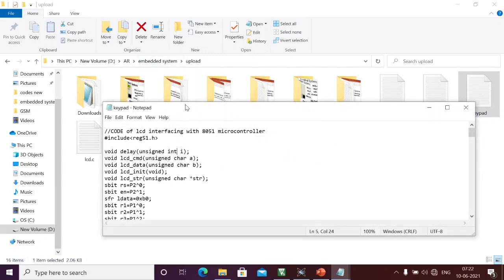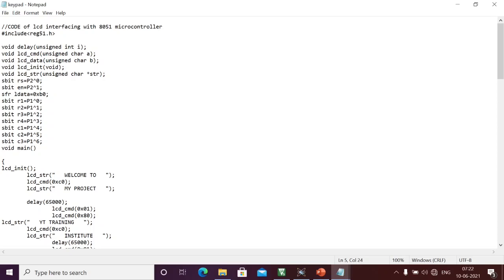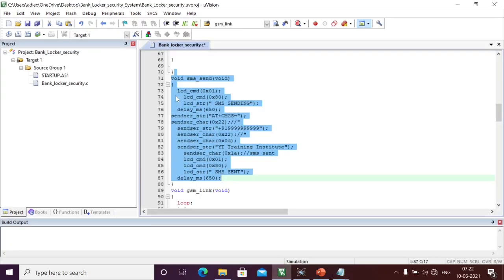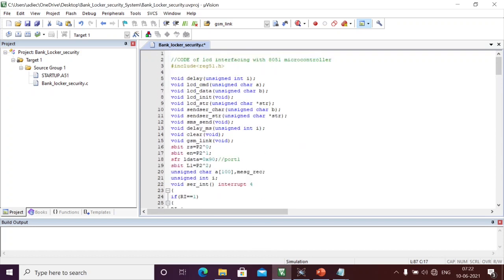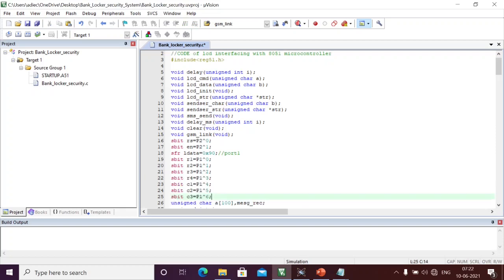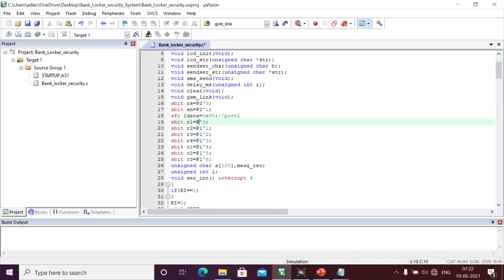From here I am going to take the required code and copy it to the main program. Here I am going to define all the pins. L1 is not required; previously, for the GSM, we used the L1 pin. Right now port 1 is already dedicated to the LCD data. That's why here I am going to use port 2: 2.0, 2.1,